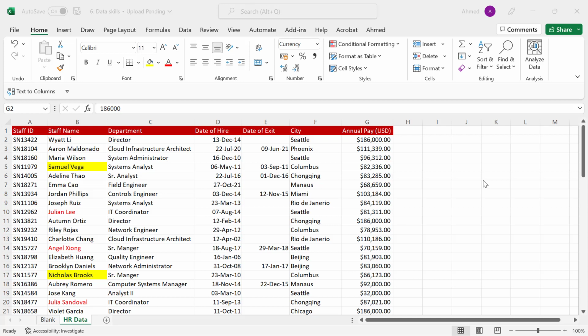One of the most popular ways of working with data in Excel is to do sorting and filtering. But let's take sorting first. Sorting just has to do with how your data is being arranged for presentation reasons, right? So for example, looking at this HR data set, this is currently arranged just the way it is,